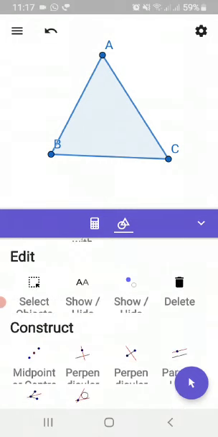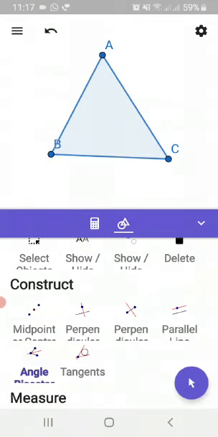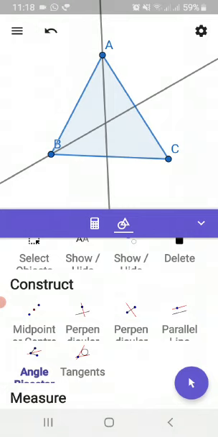And then we see that if we take the angle bisector, the angle bisector is dividing each angle into two equal parts. So let us mark the angle bisectors. Here we have taken the angle bisector of angle BAC. Then we have the angle bisector of angle ABC. And this is the third angle bisector of angle C, which is here on the screen.